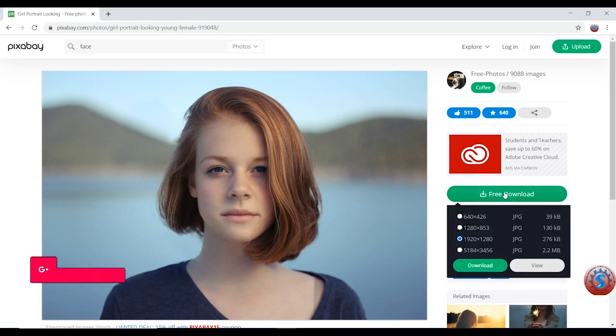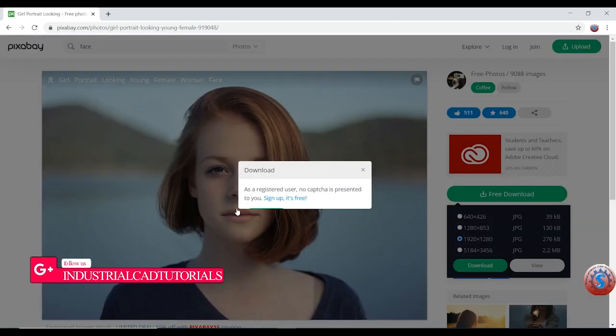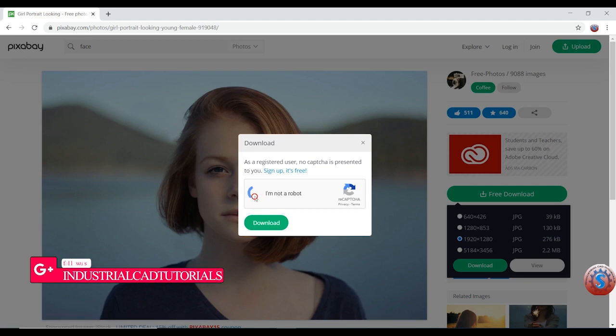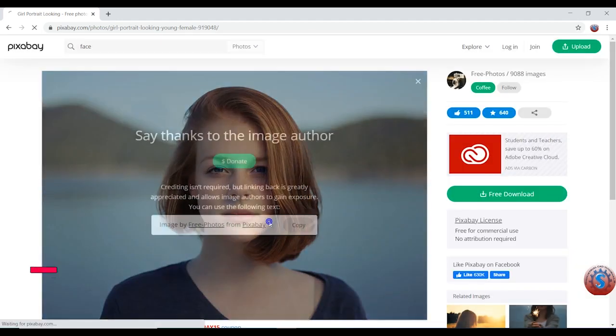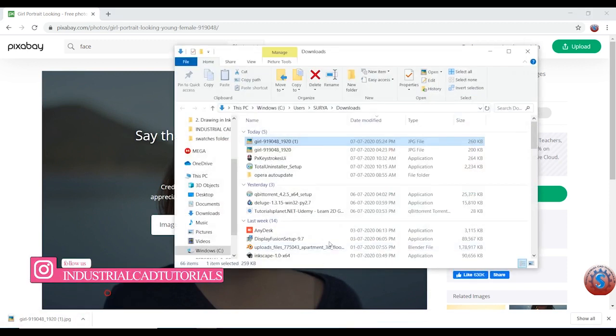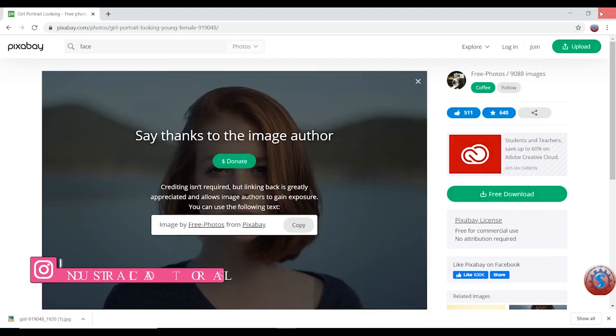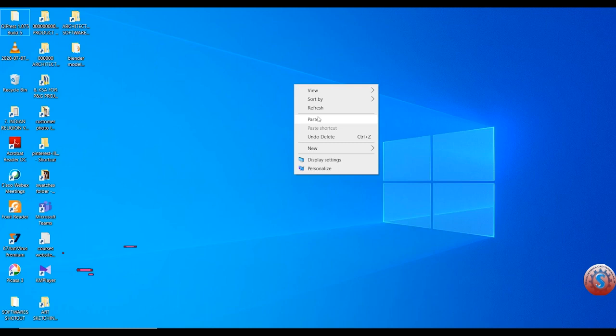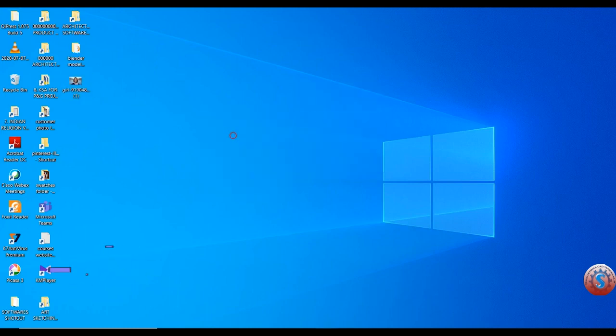You can observe the Pixabay license also at the bottom. This is free for commercial use of the image. You can observe the download. Registration is not required, and you can observe I'm opening the show in folder, and cutting and copy-pasting the image to the desktop. And this is the image I downloaded.